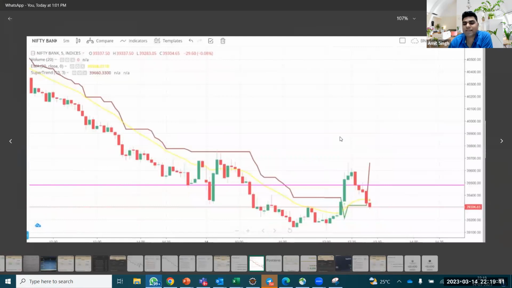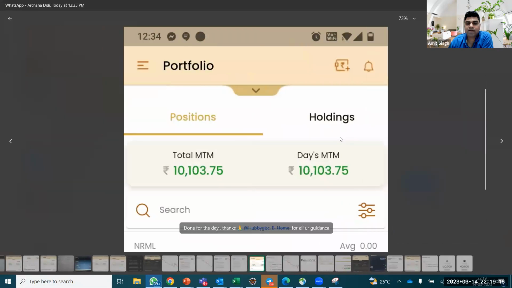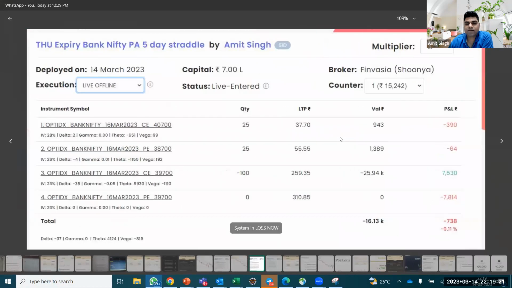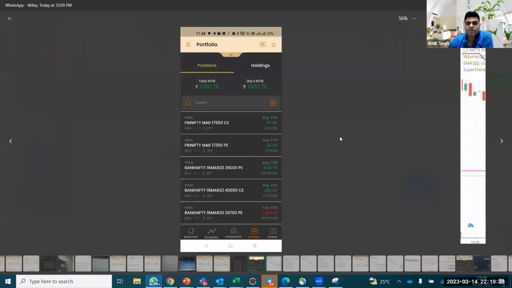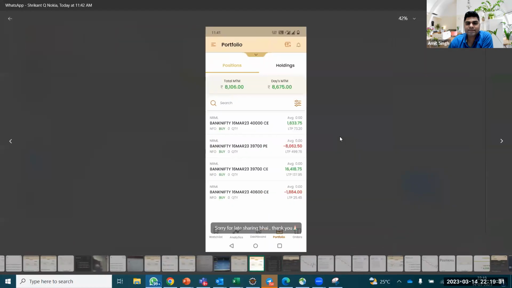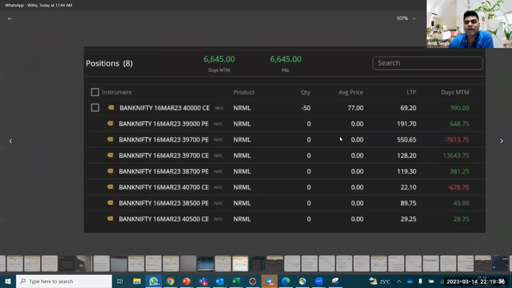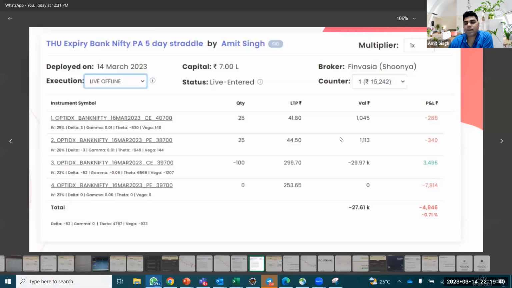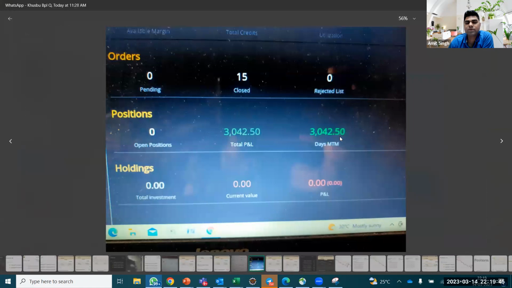And this is analysis which I keep sharing on the group. Someone made 9,900, someone made 10,000. This is when our strategy went under. I keep sharing this, and this is where I asked people just before this to exit. This is a group with live analysis, and you can see people sharing profit. Before the move came, our system went into negative because the market took a U-turn. Before that only I had asked everyone to exit, and you can see people had already booked their profits here.